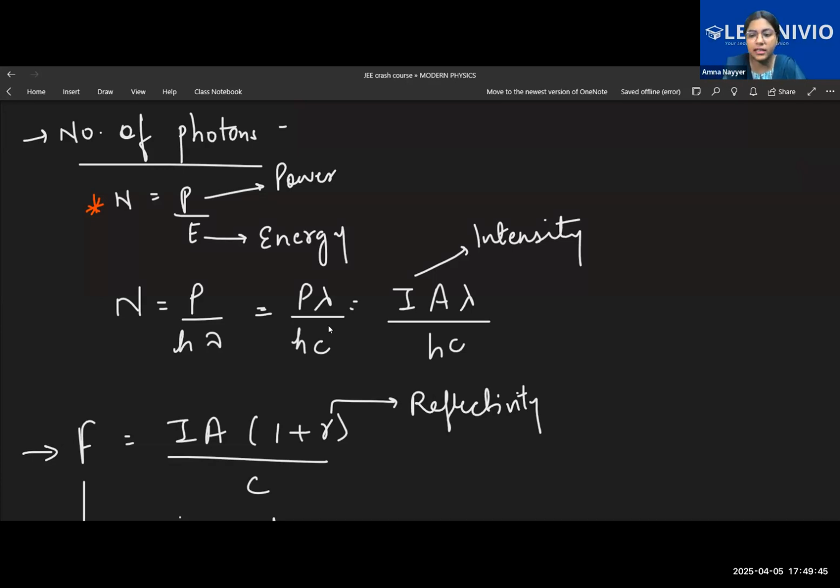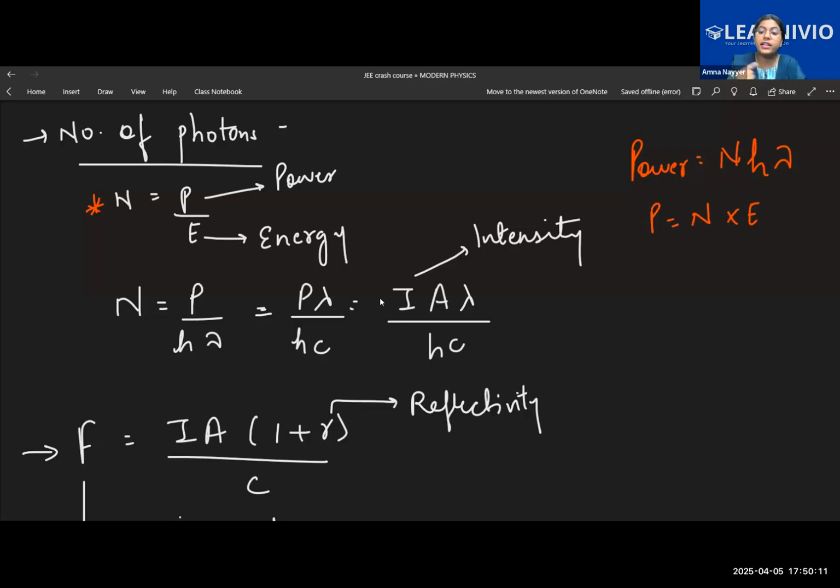Like if you have the wavelength and you have the power and the number of photons is asked, then use this. If you know the frequency and power, and the number of photons is asked, use this. If you have to calculate the power and the number of photons is mentioned, and you have the frequency or wavelength, use this. Means power will be number of photons into energy. This formula is also helpful, and this comes in the exam.